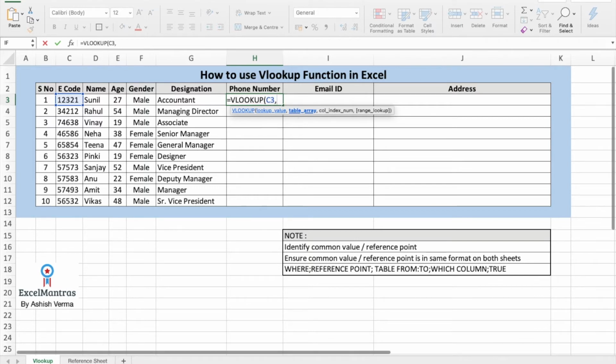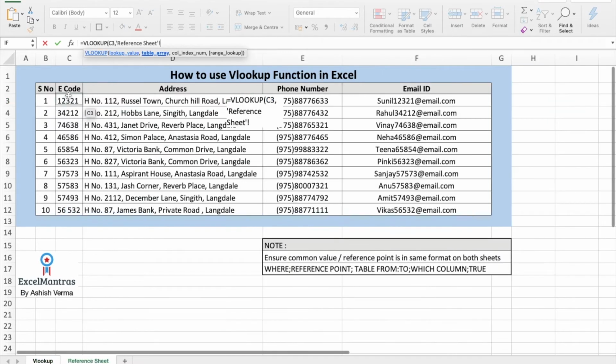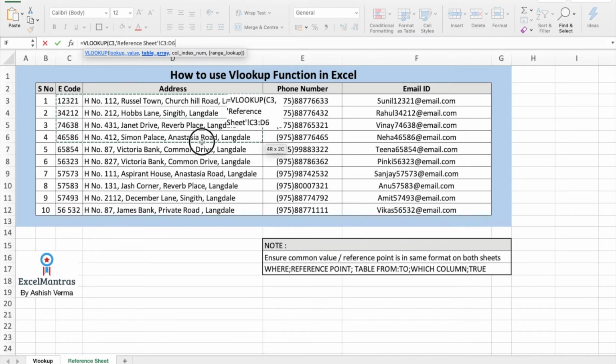So you click on the reference sheet, you select the entire thing right up to the phone number till the end. Now if you see, it will show you that 10 rows have been selected and 3 columns have been selected. Since we want to use phone number as our desired output, we will select only up till column number 3. So now you've dragged this.